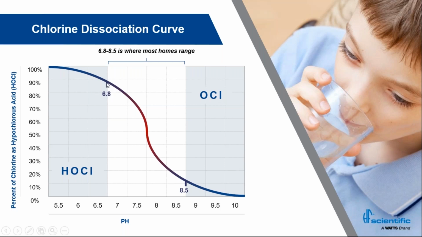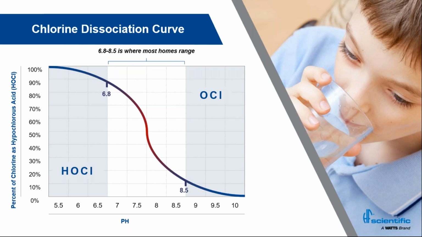So if we're looking up here at a 6.8, I'm about 90% hypochlorous acid, maybe a little less, maybe 88% hypochlorous acid at this 6.8. If I go over to where I am typically running a water plant, somewhere around 7.5, I'm somewhere between the 55 to 50% range. And if I go over to maybe a 7.8, I'm dropping below the 30% range. And if I go all the way to an 8.5, where maybe a chloramine plant is running, I'm maybe 12 to 13% hypochlorous acid. And this is going to be important as we discuss the technologies and how they measure